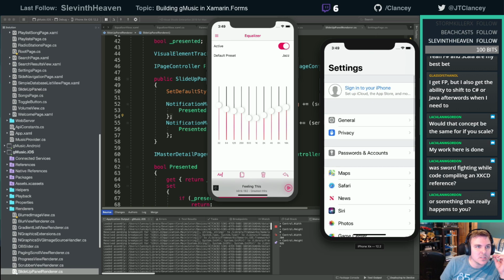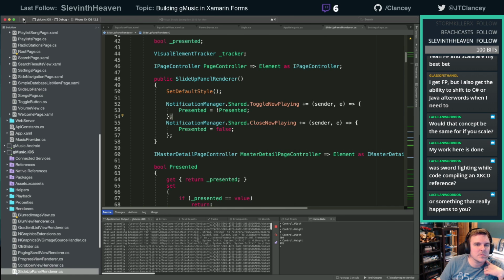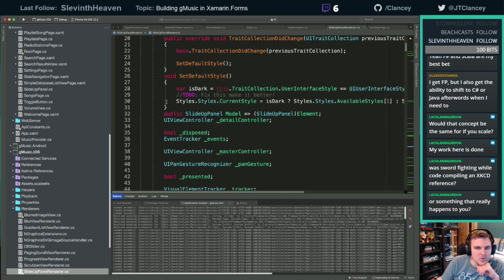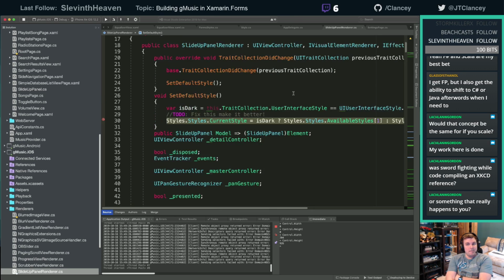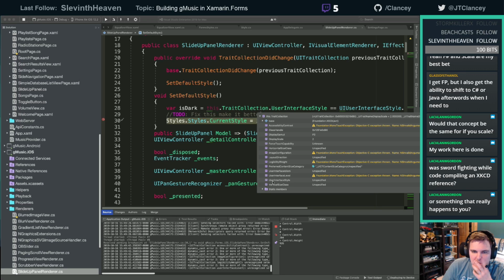This isn't iOS 13, is it? That one's not going to have dark mode. Actually, that's interesting. I thought that would have thrown an exception, now that I come to think of it. When did trait collections show up? Because this is iOS 12. Unspecified. All right, that's fine. That works.